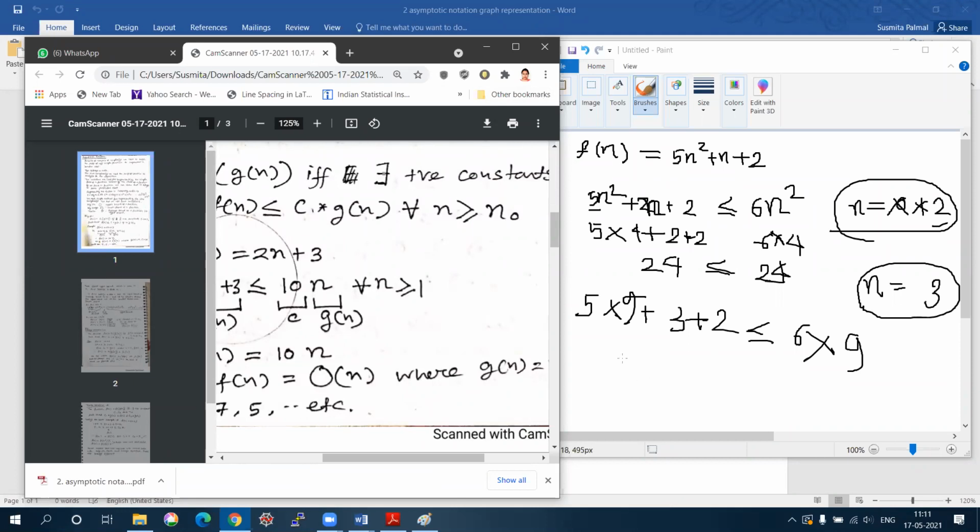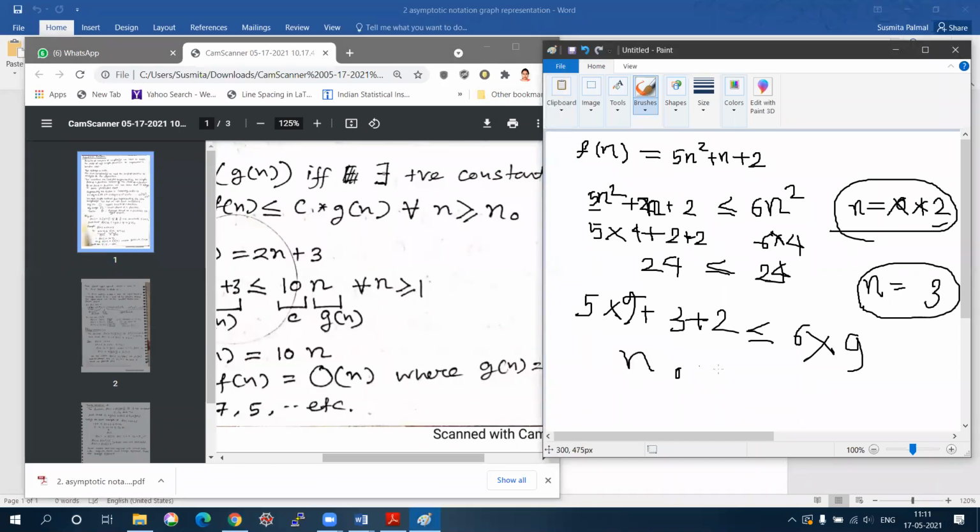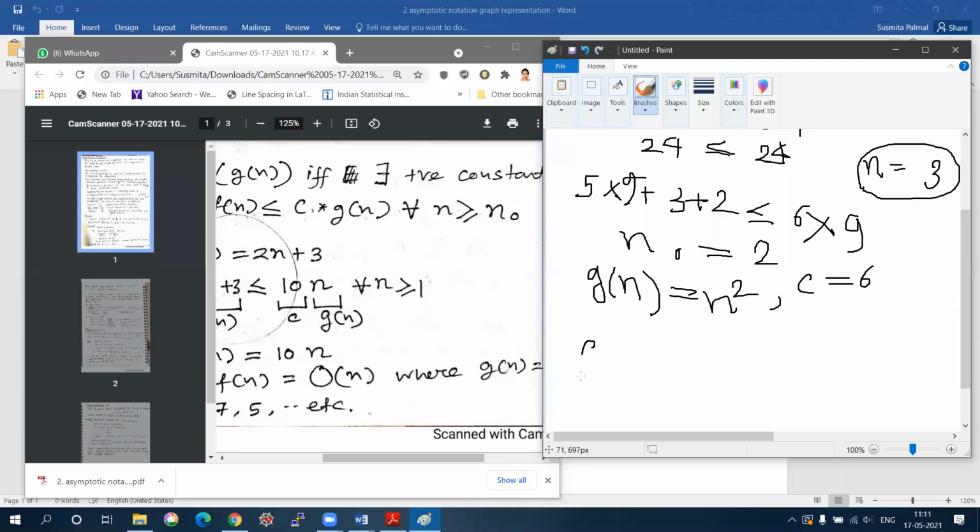So n0 over here is 2, the minimal value for which the inequality is satisfied. So fn equals 5n square plus n plus 2, and gn equals n square. And what is c? It is the constant term for which the inequality is satisfied, so c equals 6 here. Right? So that we could write fn equals